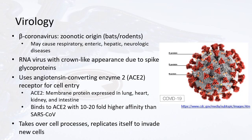Looking at the virology, this virus is a beta coronavirus. It's of zoonotic origin, meaning that it comes from animals such as bats and rodents in this case. It may cause respiratory, enteric, hepatic, and neurologic diseases. It's an RNA virus with a crown-like appearance due to the spike glycoproteins, as you can see in the picture on the right. It uses the angiotensin converting enzyme 2, or ACE2 as we call it, as the receptor for cell